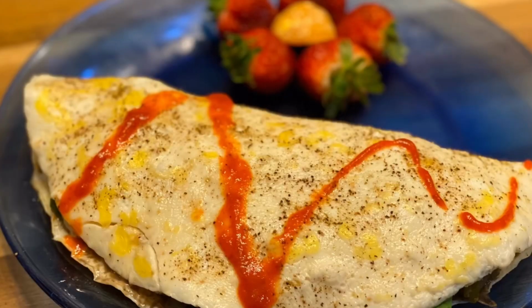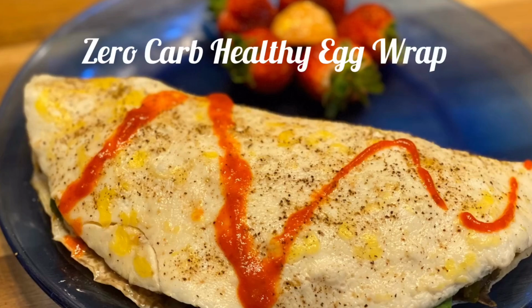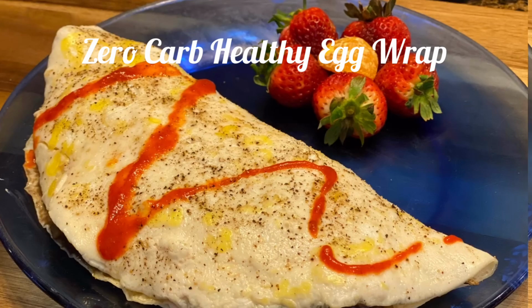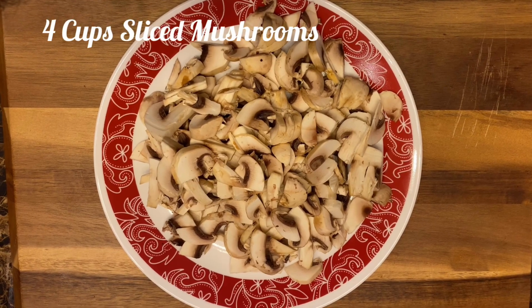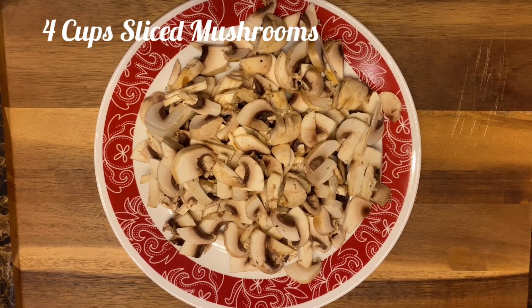Today I'll be making zero carb, high in protein, low in fat egg wrap. This could be a perfect choice for a healthy breakfast or a filling dinner. Let's get started. We need 4 cups of sliced mushrooms,